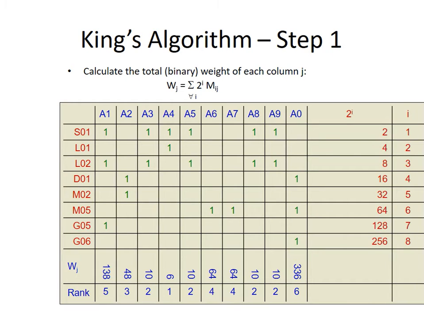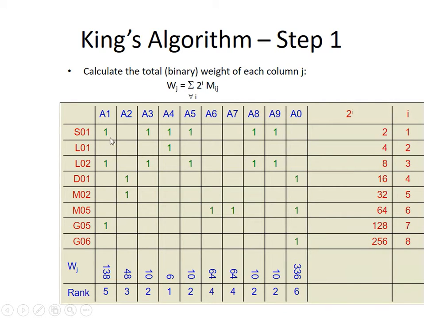Here we have the requirement, this is the machine route or route sheet for those particular components with the respective machines. So I think now you have an idea. Here we are calculating the binary weightage. Normally we assign this weightage in the form of 2 power i, where i is the row number for those machines, and 2 power i, as you can see, is multiplied with Mij.